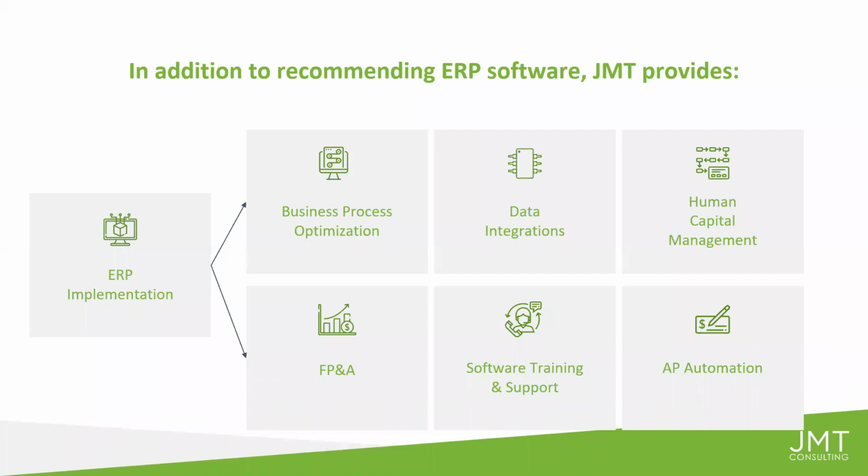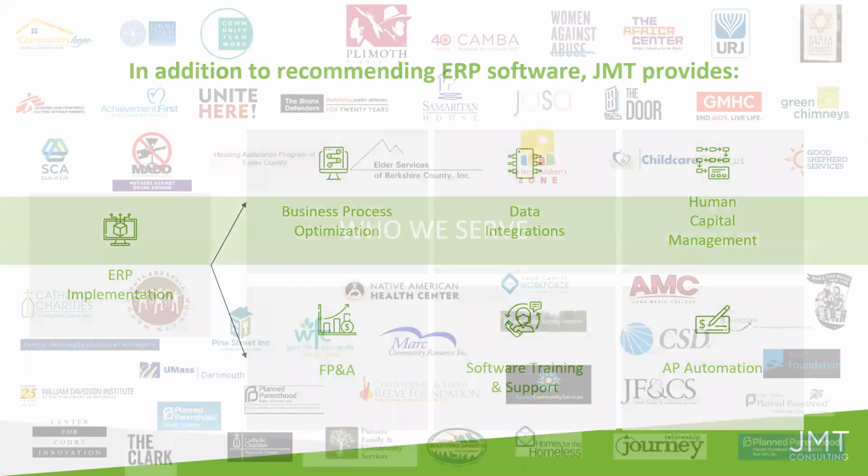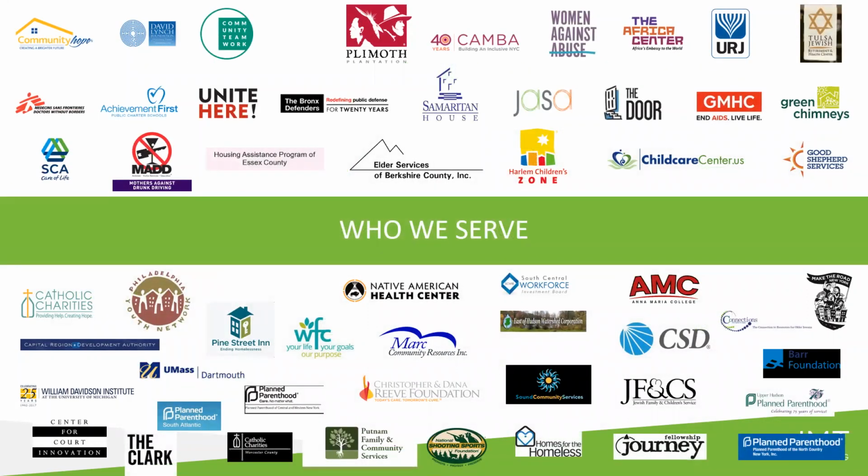And speaking of, let's take a look at some of the organizations that we've helped along the way. A lot of banners here, a lot of logos. You recognize any of these names? I've personally worked with quite a few. But the truth is that JMT served over 2,000 nonprofit organizations and helped every one of them at some capacity in helping them achieve their goals. And really, it's just through our mission at JMT. Our mission is your business.